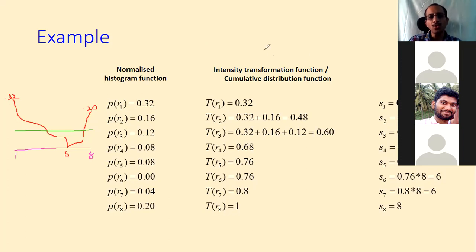So what is the advantage if I get this, if it is close to 0.1? The information in the image is distributed across all the intensity values, ranging from the first intensity to the last, from dark region to bright region. Each region has some information, and the overall information is equally distributed in all the intensity regions. So that will naturally have high contrast. Is that clear or not?